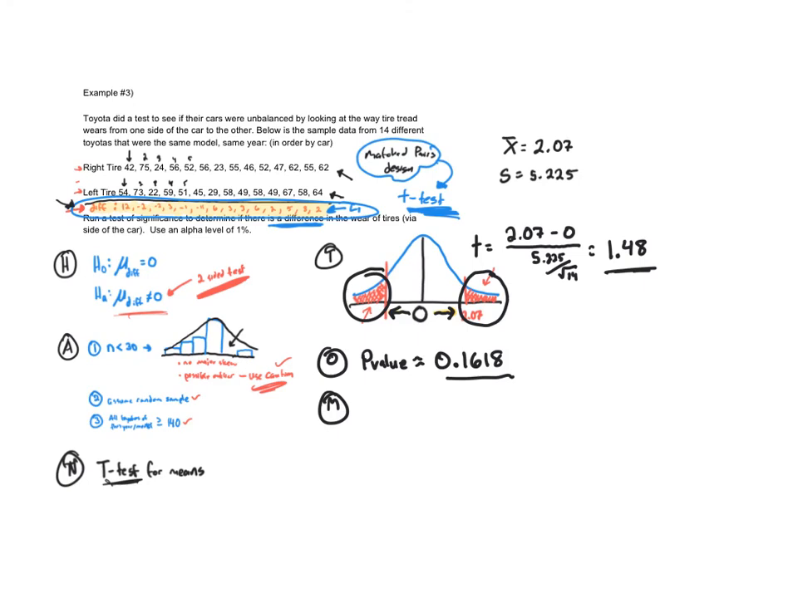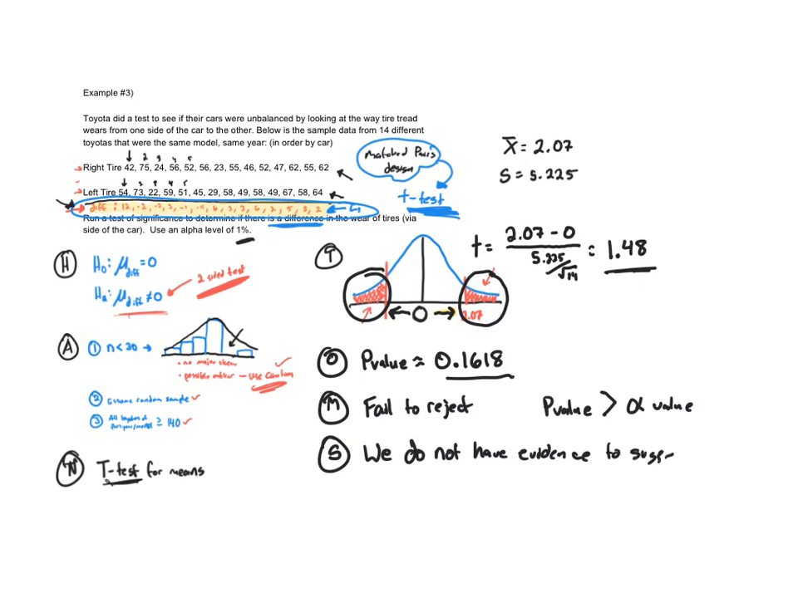All right, let's make a decision. They said to use an alpha of 1% level. This is definitely greater than that. So I am going to fail to reject. Again, why? Because my p-value happens to be greater than my alpha value. If your p-value is greater than the alpha value, you fail to reject. So, summary: we do not have evidence